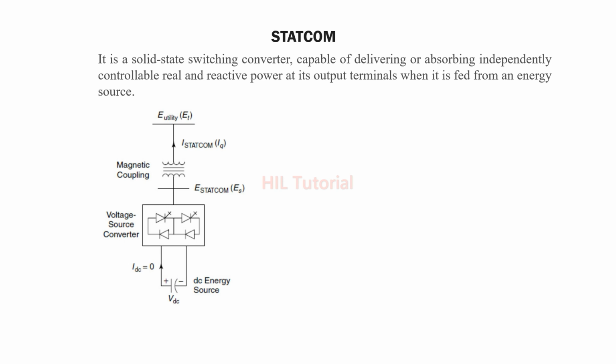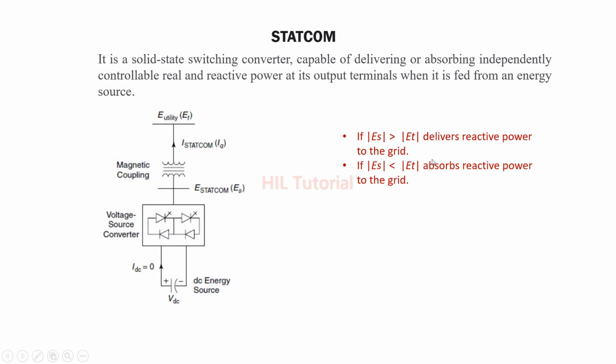To understand this fundamental, there are some conditions, and those conditions are very important. The first condition is that if the voltage generated by the static compensator is greater than the grid voltage, then it will deliver reactive power to the grid. If the STATCOM generated voltage is less than the utility grid voltage, then it will absorb reactive power